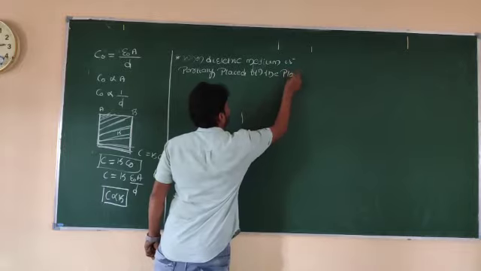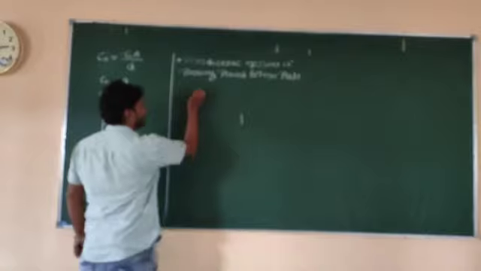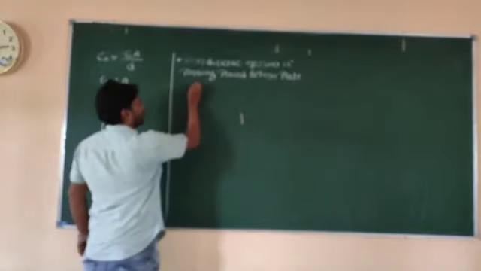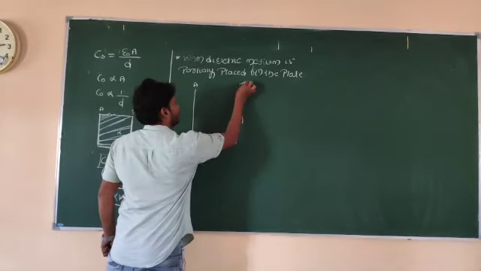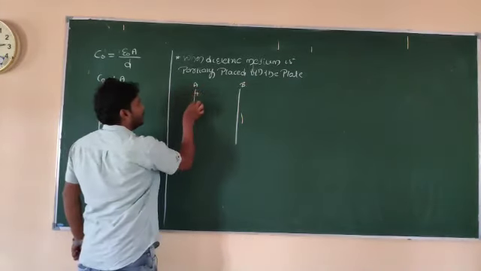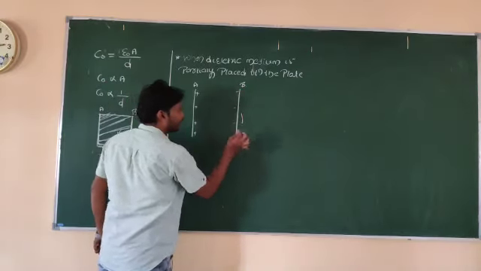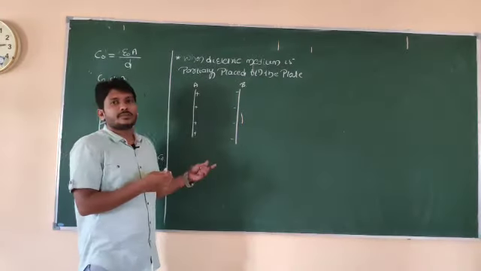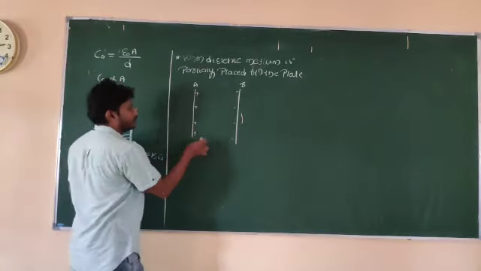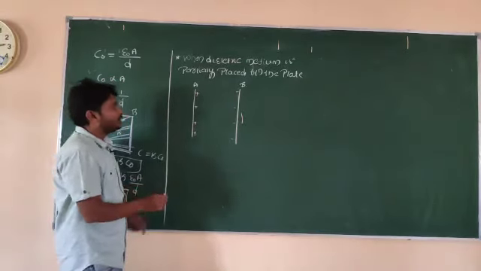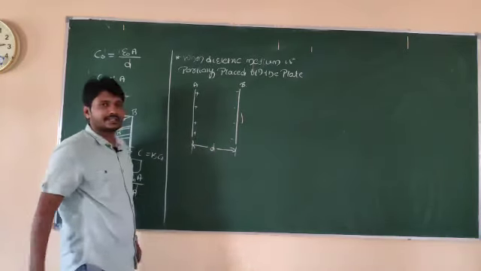So what about its capacitance value? I need to find that out. For example, I will choose two plates placed parallel to each other, plate A and plate B. Plate A is given a positive charge, whereas plate B is given a negative charge. In previous videos we already discussed the principle of capacitance. One is the positive plate, another is the negative plate. Between these two plates there exists a separation, which I take as d.